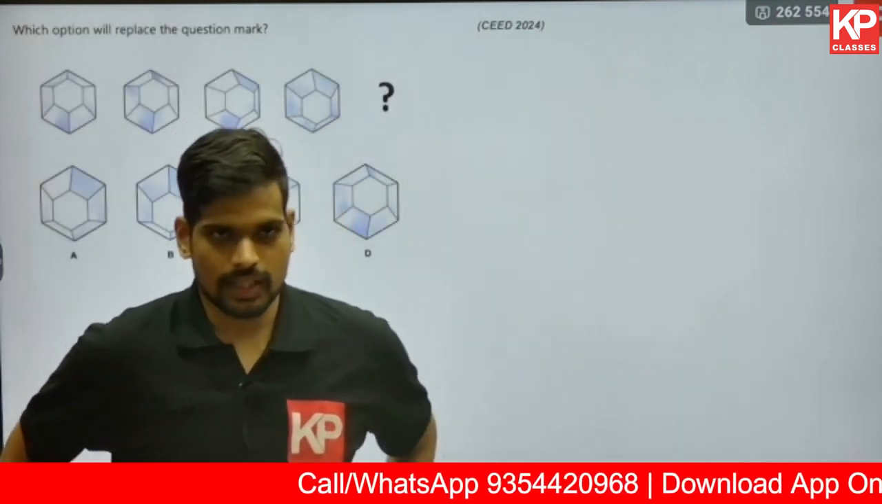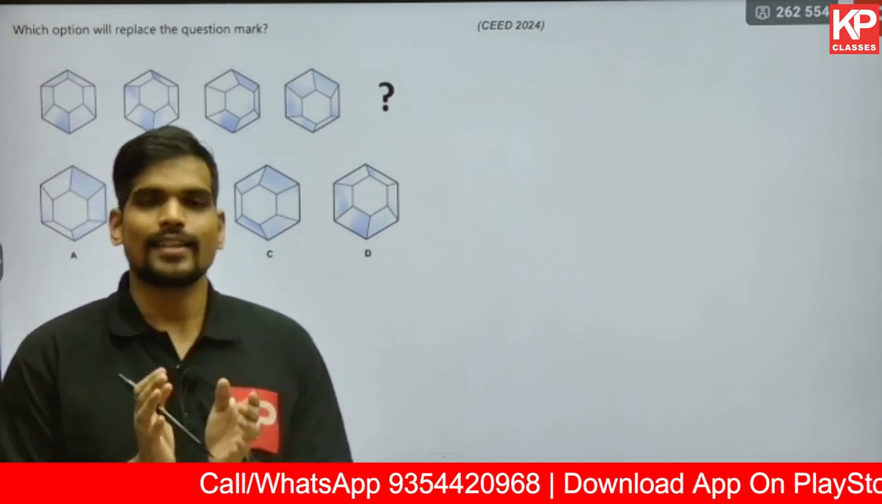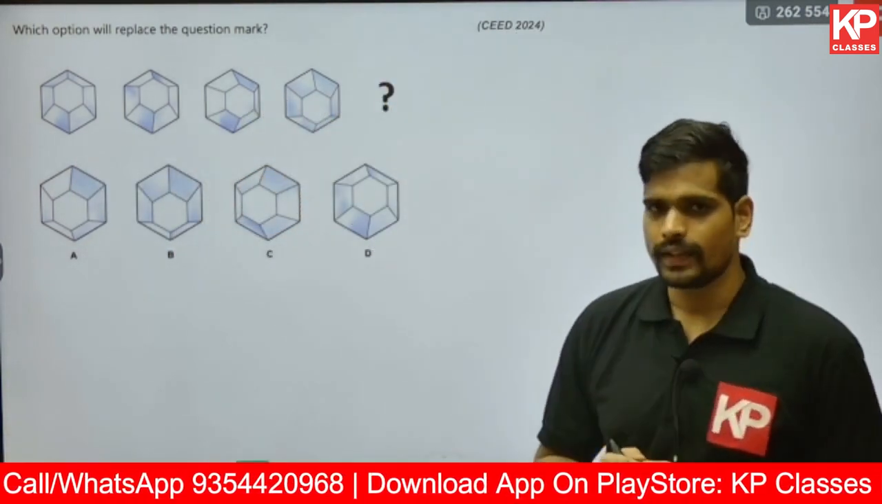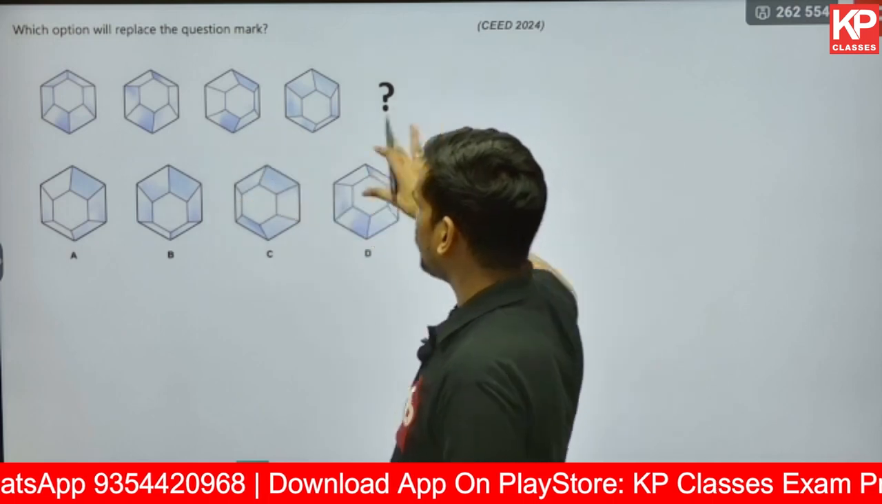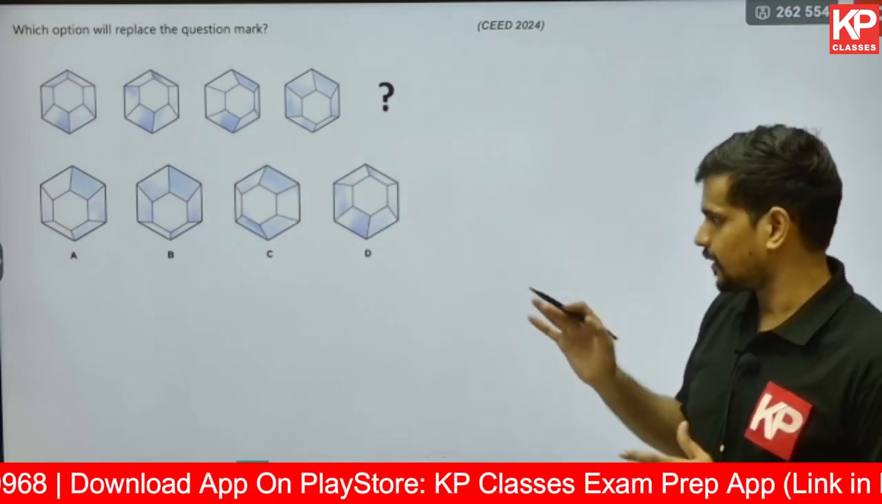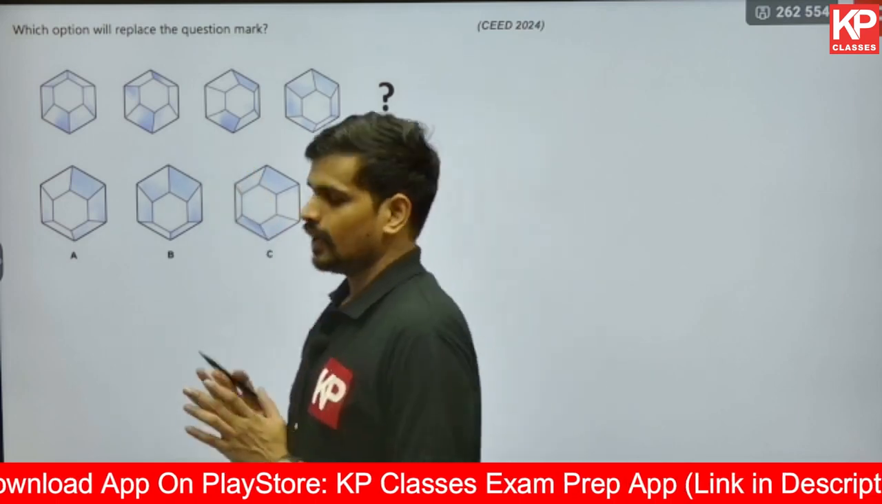Moving on to the next question again, which is also based on translation and rotation. Let us try to look into this. This also is a CEED 2024 question, wherein you have a sequence given and they're asking us what comes next in this series. So if you observe,